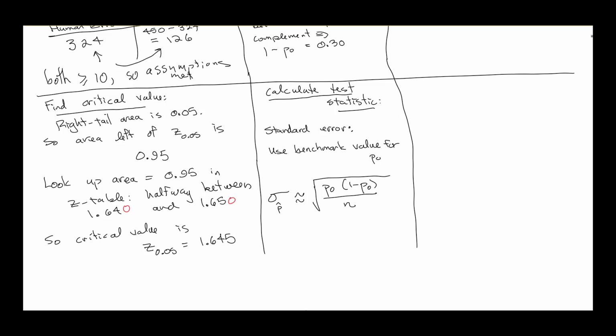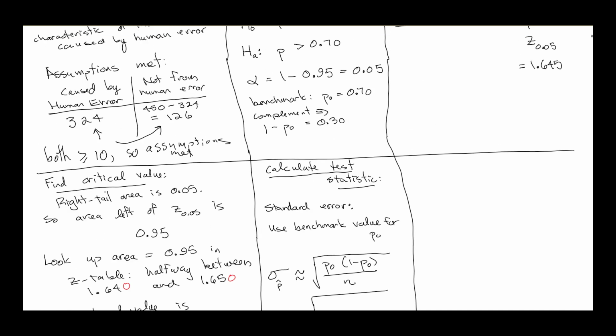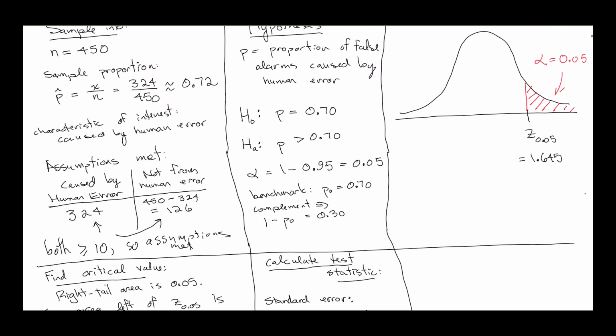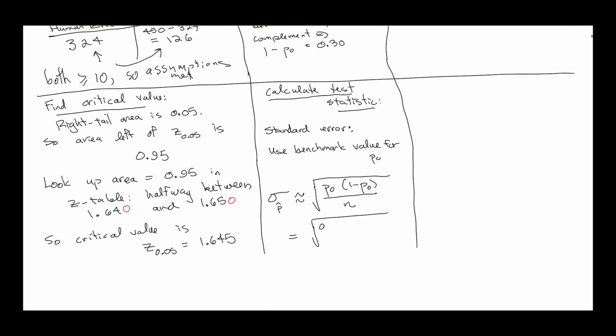Okay, so this is going to give me the square root of, okay, what's my P0? That's our benchmark that we're testing in our H0. And so that's why if you look here, I did the complement here, so I've already figured out what 1 minus P0 is, so I don't have to do parentheses in my calculation. So I want 0.7 and I want 0.3. And then we divide by our n, which is 450. And then this should give me about